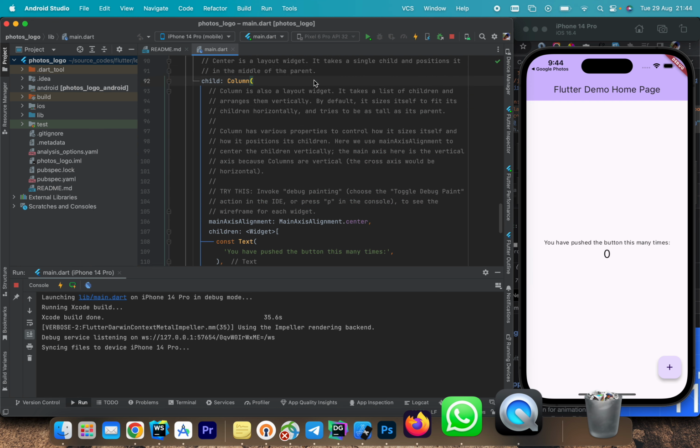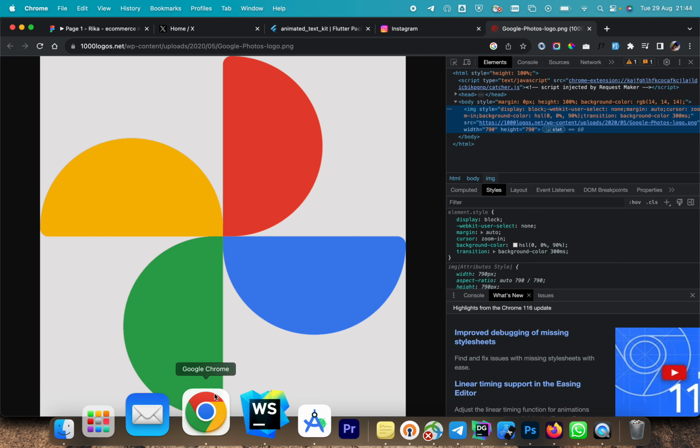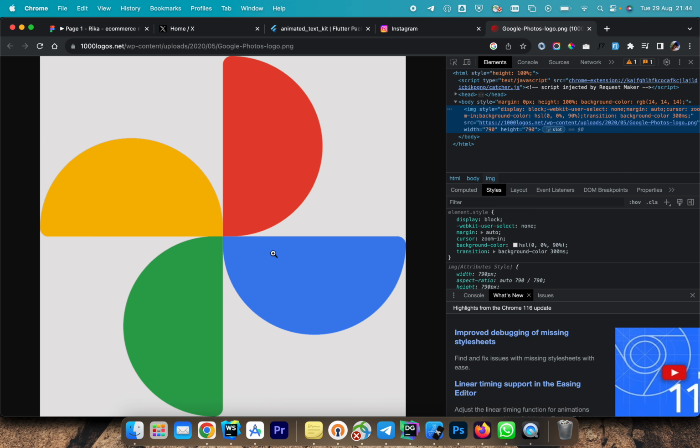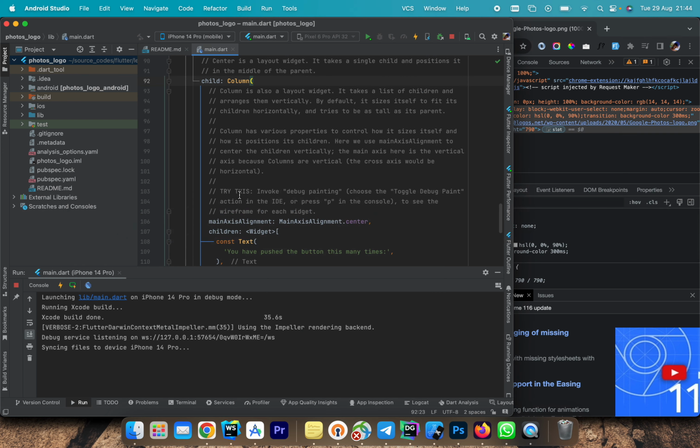First, we have the logo open here so that we can see it and how we are going to draw it clearly. We'll be getting all the required colors from here. We'll be needing up to 4 colors that we'll be using, so we'll be collecting them from here. We have it. So let's start with